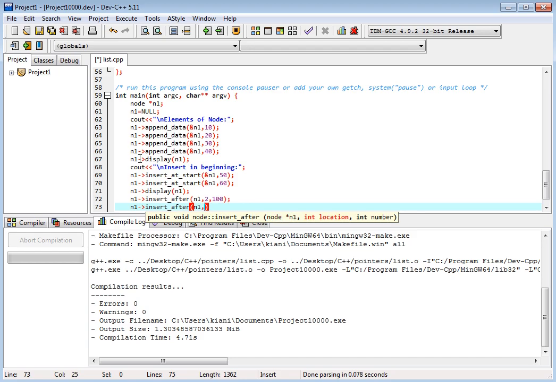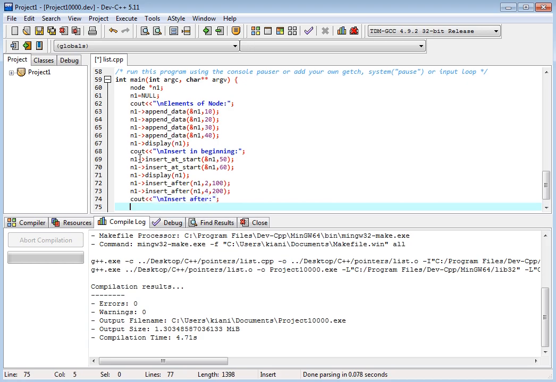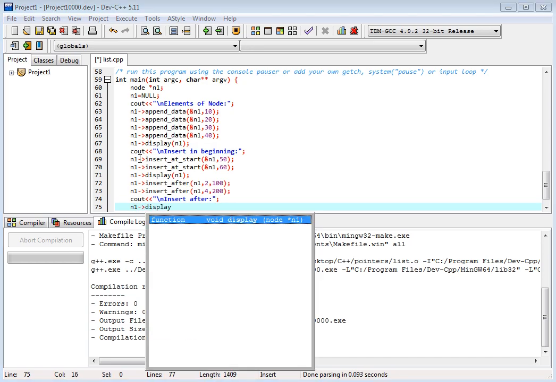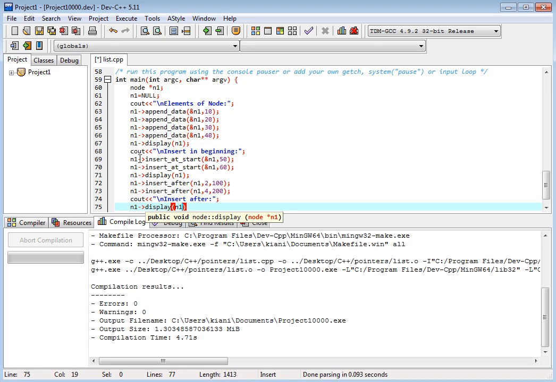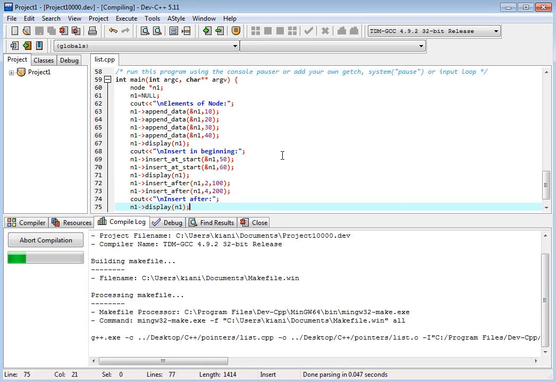We will add 100 after 2, that is after 0, 1 and 2, and then we have insert after n1, and we have after 4, and we have 200. Okay, so these are the two locations.